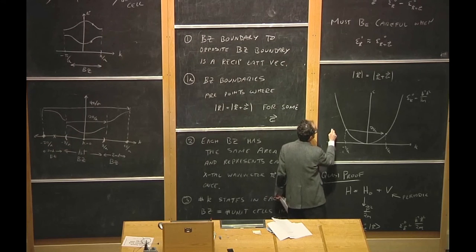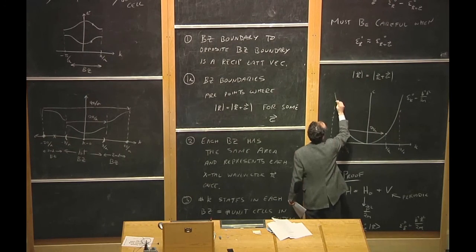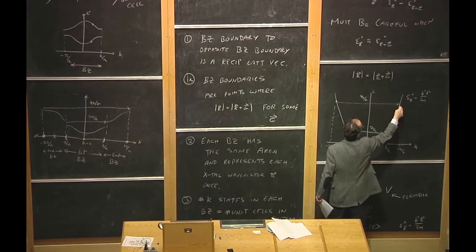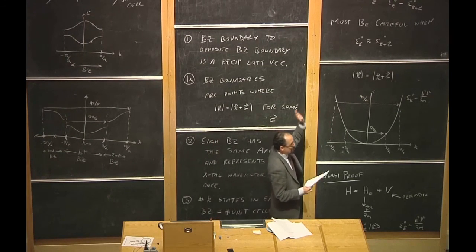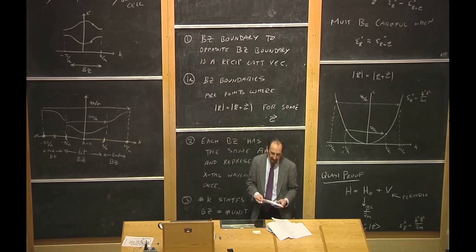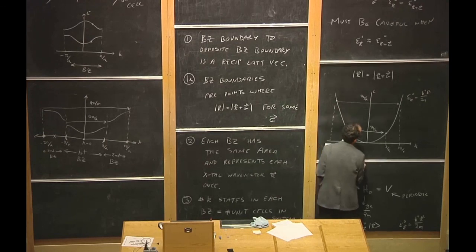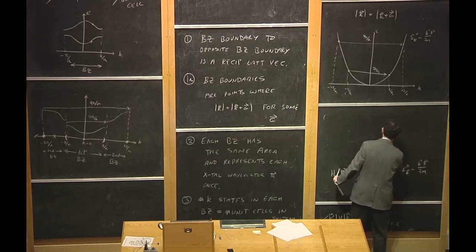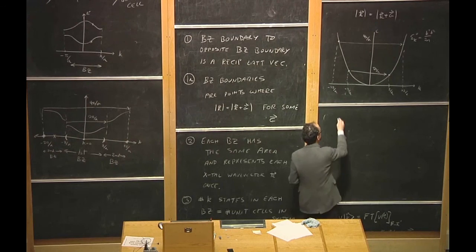Similarly, if we go to minus 2 pi over a and 2 pi over a, these are separated by a reciprocal lattice vector, 4 pi over a, and their energies are identical. So they will give you a divergence in second-order perturbation theory. So the place where second-order perturbation theory fails is exactly when you're on a Bragg zone boundary. So what we're probably going to have to do next time to fix this problem,